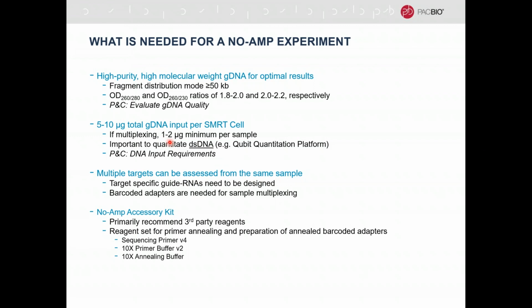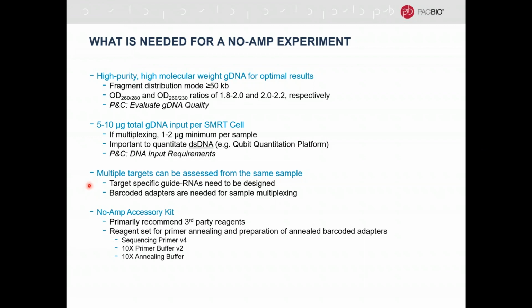And probably if you're starting off, we would recommend you start off with 2 micrograms, and then we will also provide you with the sequences of which guides we validated, and you'd probably be wise to add one of those in as a starting point as you look at designing guides for your particular target. Okay, quantitating genomic DNA is important, and then we have a reference guide which we'll talk about